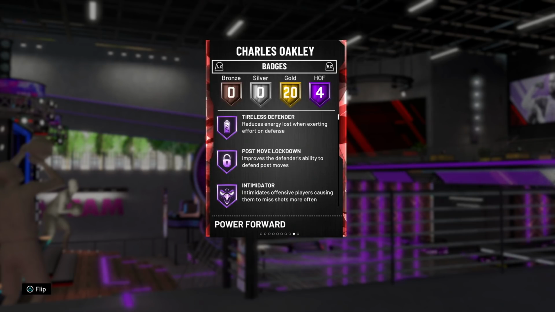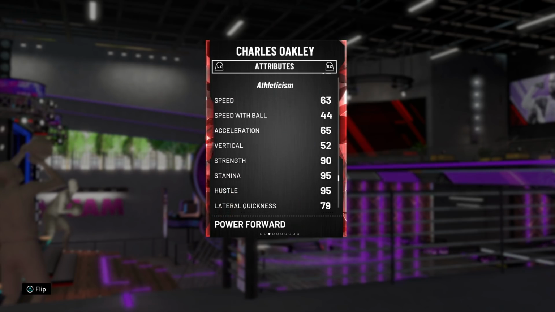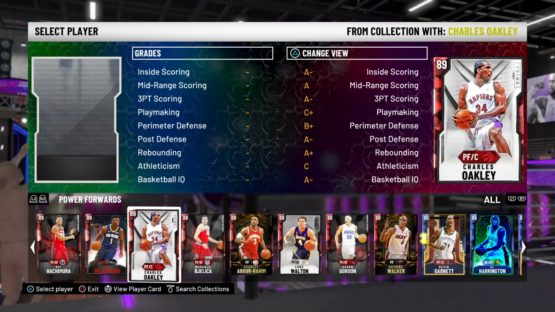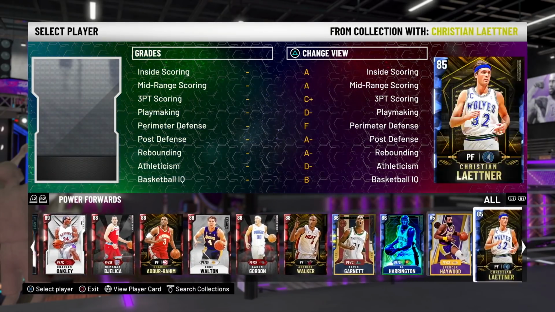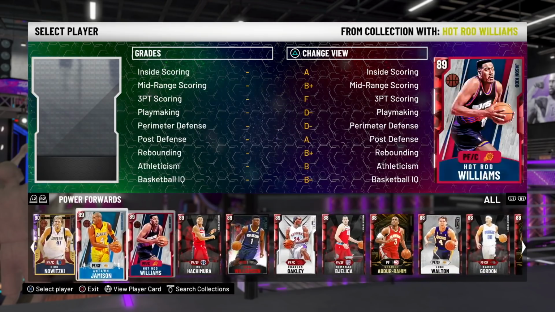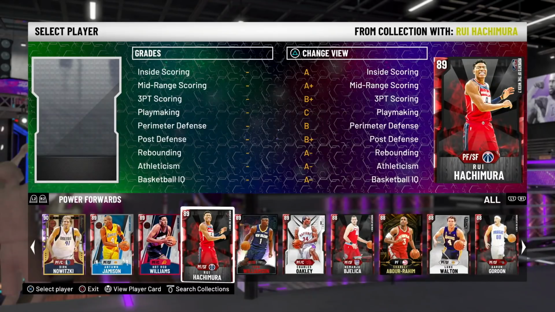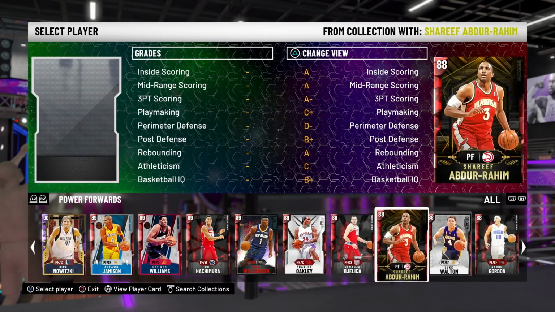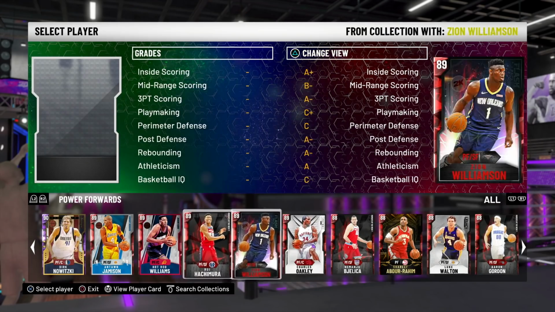Got Hall of Fame intimidator, got Hall of Fame defensive leader, and he's got not great speed but good lateral quickness. So he can pretty much guard anybody, as well as having gold clamps. And there's a few others. Rui Hachimura is just an overall really good card, good shooter, can kind of handle the ball a little bit, can attack the basket, can run the floor, can do a lot more on offense than Charles Oakley,